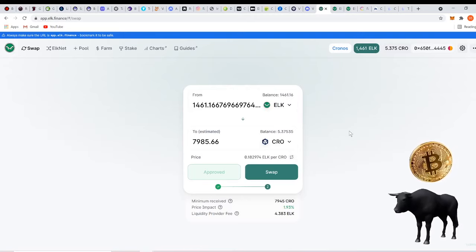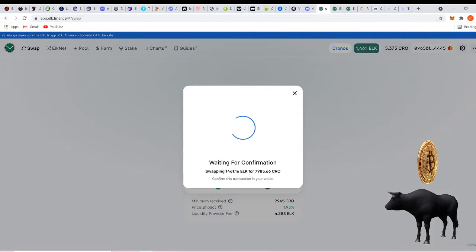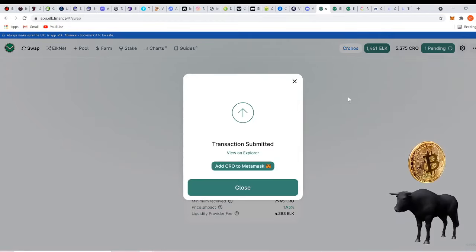So there's not wild liquidity. It's the very beginning of this chain. It's only a few days old. So a small amount is going to create a price impact over here on this side. So let's go ahead and do it. Boom. Confirm swap. Boom. Let's go over there to VVS